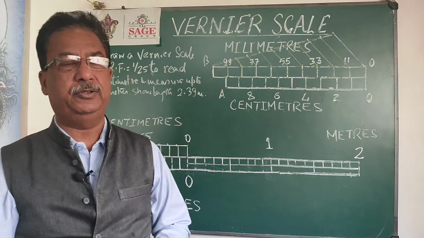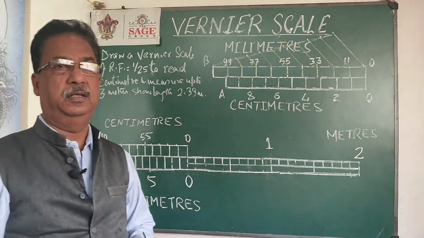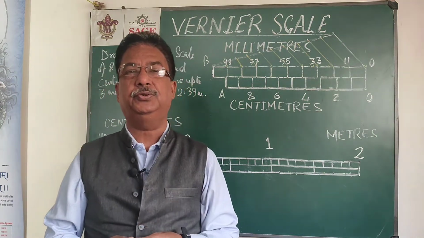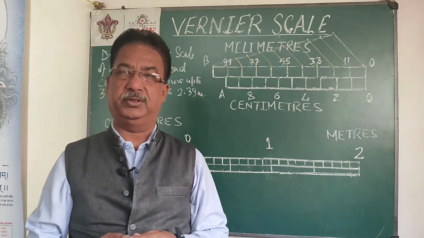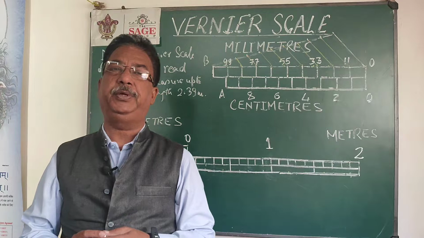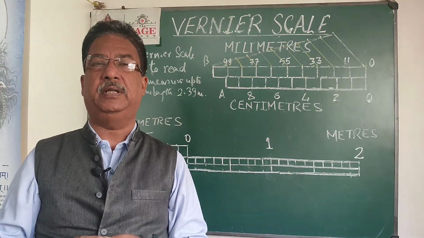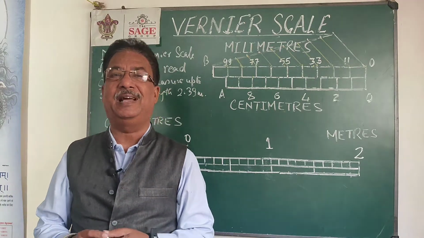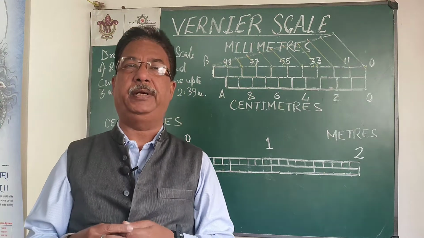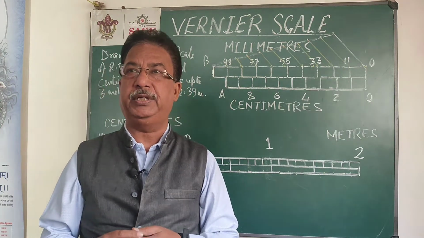Here I am with another topic on graphics, this time the vernier scale. As we discussed earlier, the vernier scale is also used to measure distances in three units. One example of a vernier scale you know from school days is the vernier calipers. In vernier calipers, there is a main scale which can measure in centimeters and millimeters, and if we want to go below a millimeter, then we use the vernier. The same concept I am using here.